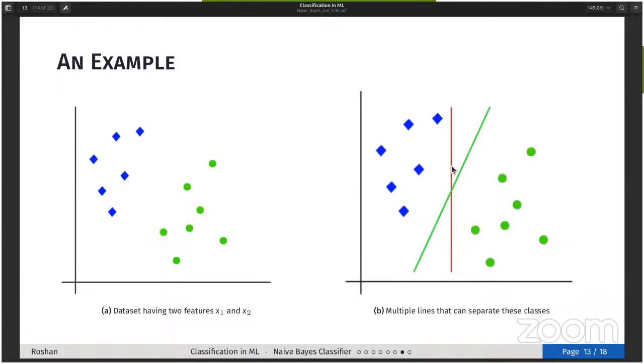But the best one that the SVM can find is this particular green line. It has the maximum distance from this point and this point also. So here these two points are your support vectors, and this is the maximum margin. And this green line,